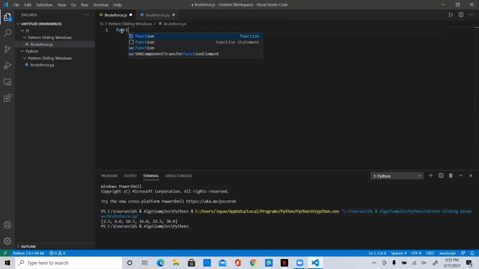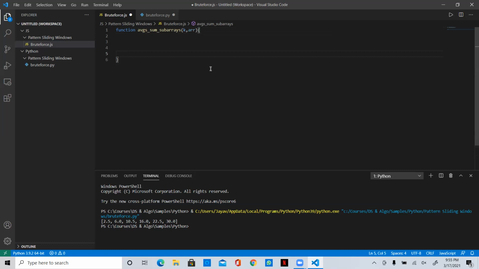Raj, I'm writing the JavaScript code. Let's say function averages_sum with some subarrays. I'm just making the result res.